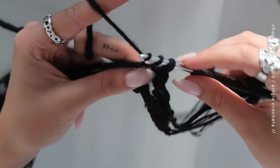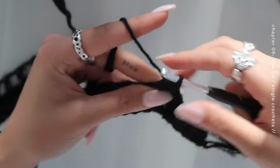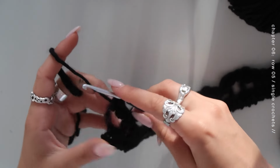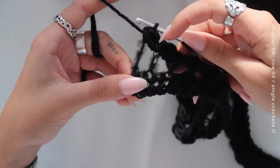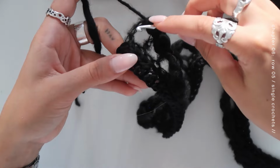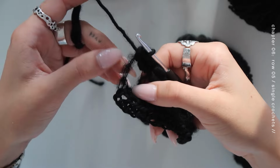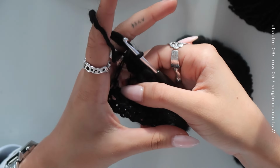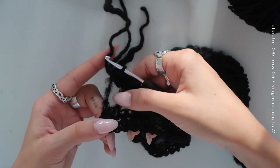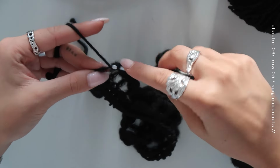And that's what you're gonna do for the whole row, and then we are going to meet again if you arrive at the end. So I'm gonna do my last single crochet, and because you did 1 in this big hole, the next one has to go on top of your double crochet. So we're not gonna go into this loop, but this one right on top. But to be honest, it doesn't really matter, just go through something that feels right for you. In the end, because we're connecting the sides, you cannot even tell where you're going through,